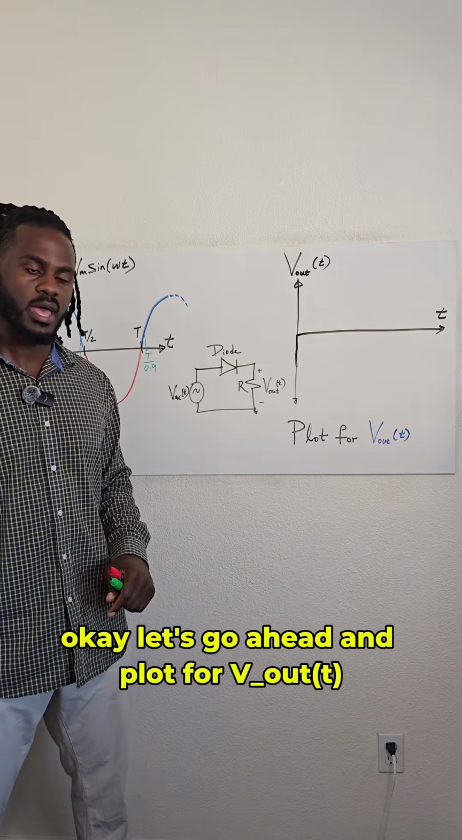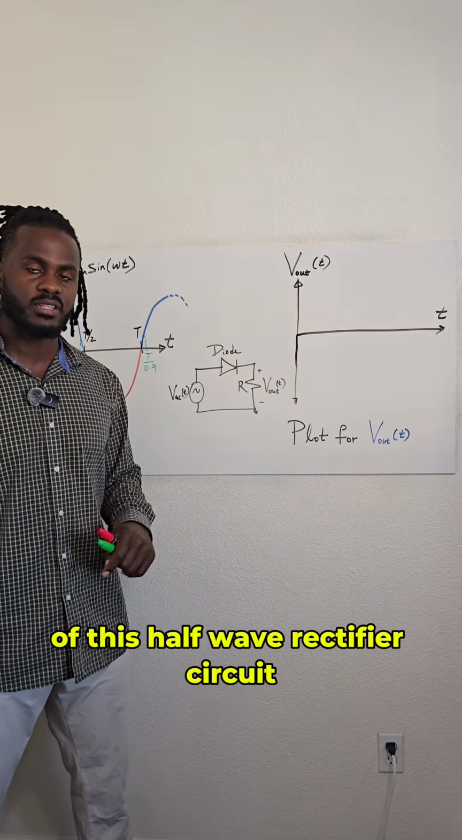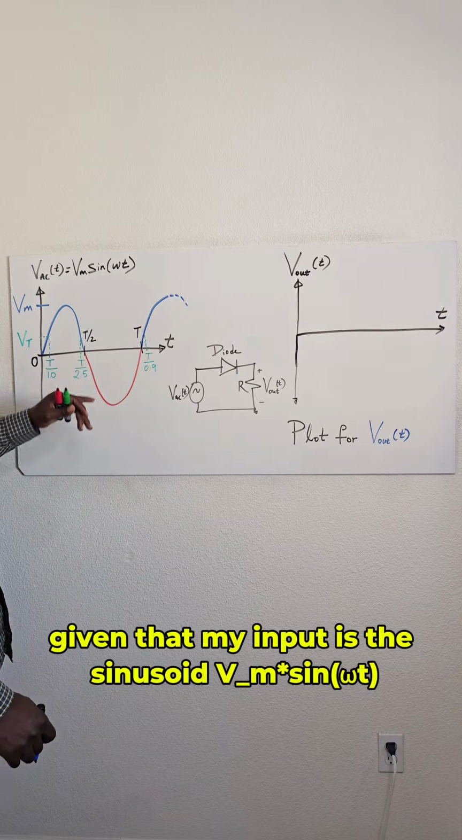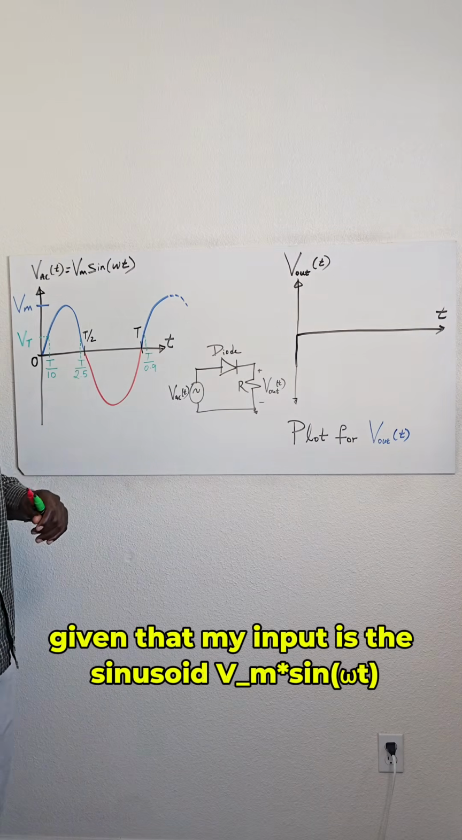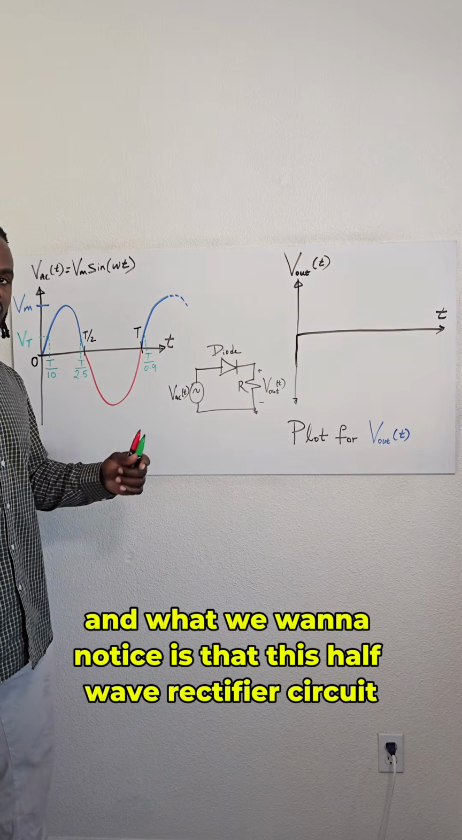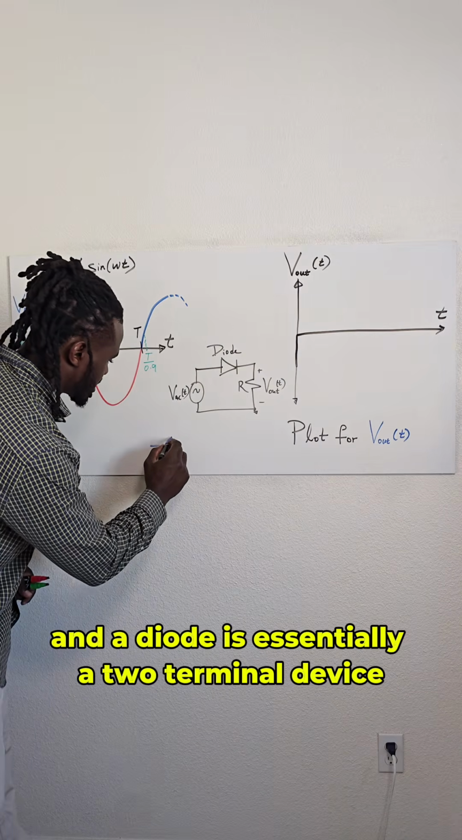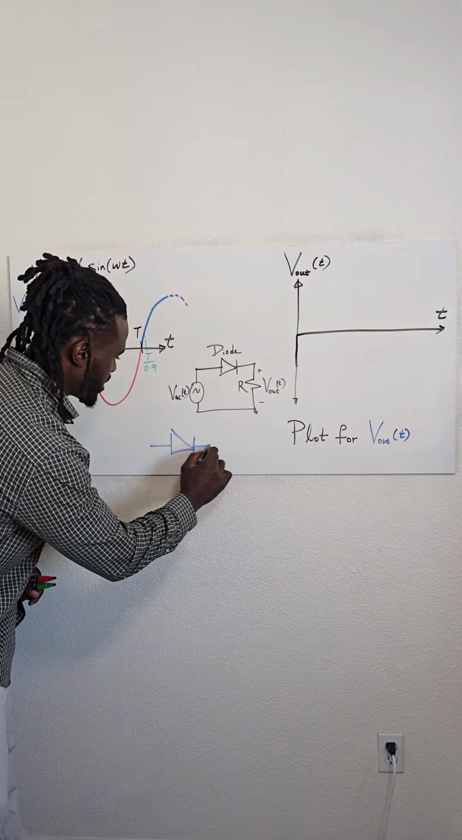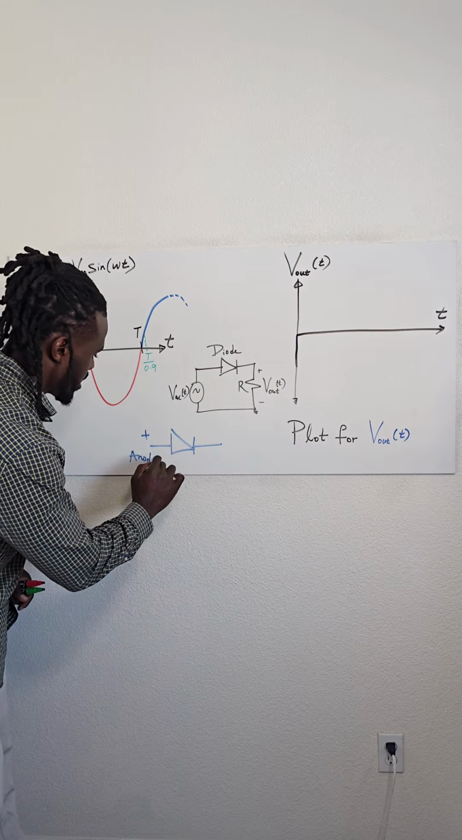Okay, let's go ahead and plot V out of t of this half wave rectifier circuit, given that my input is the sinusoid Vm sine omega t. And what we want to notice is that this half wave rectifier circuit uses a component called a diode. And a diode is essentially a two-terminal device made up of a positive terminal called an anode and a negative